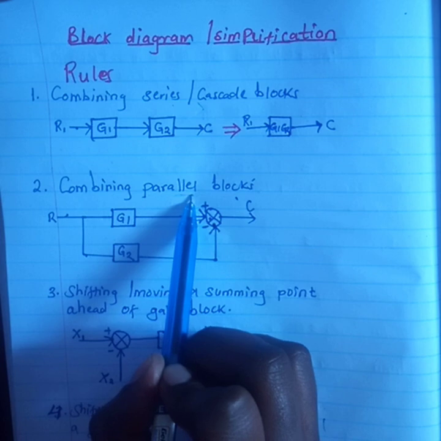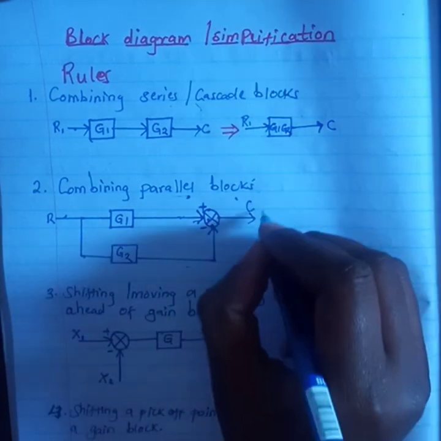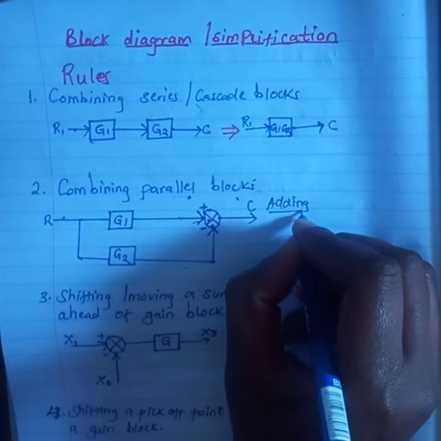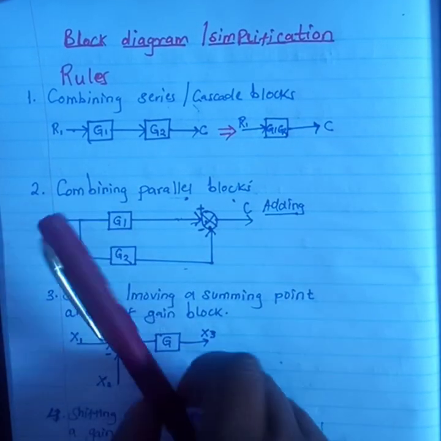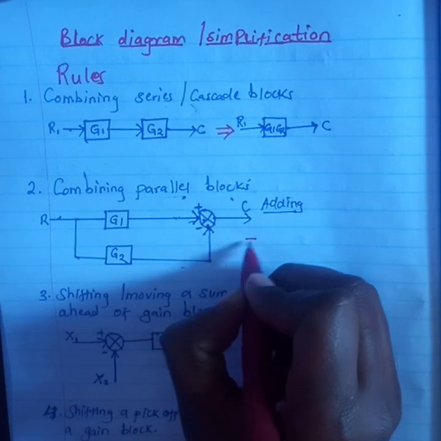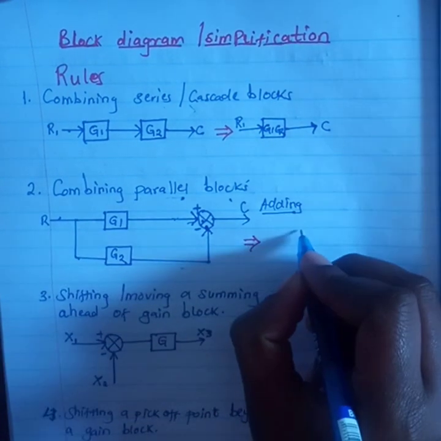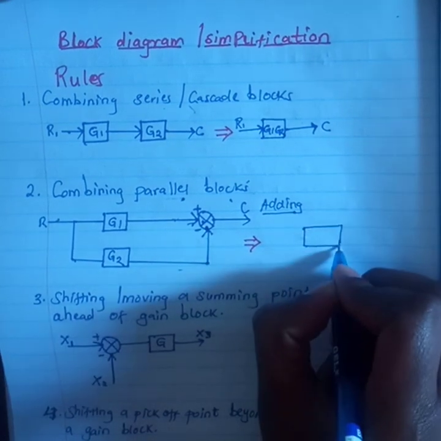In a complicated block diagram, we can combine these two blocks by adding them, so that the whole thing will be equivalent to